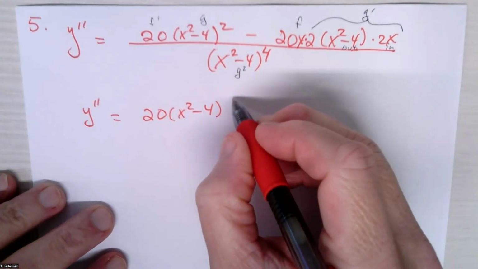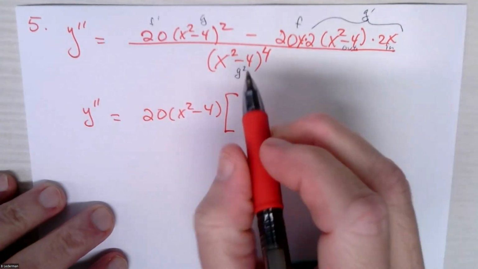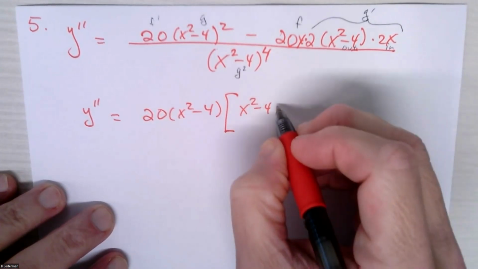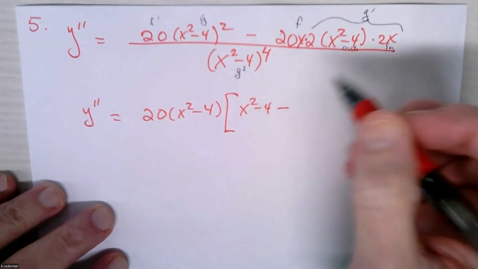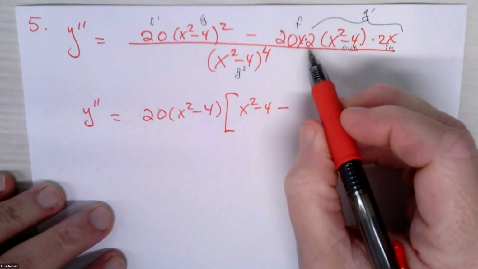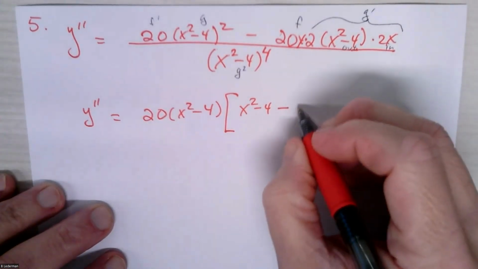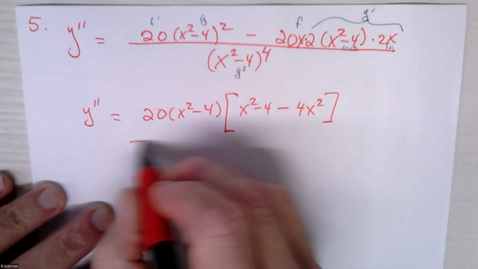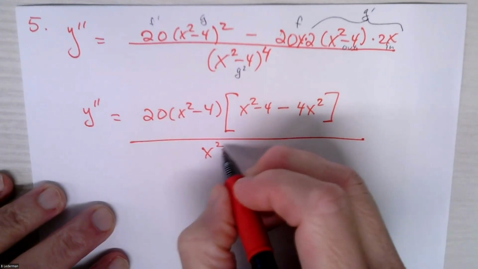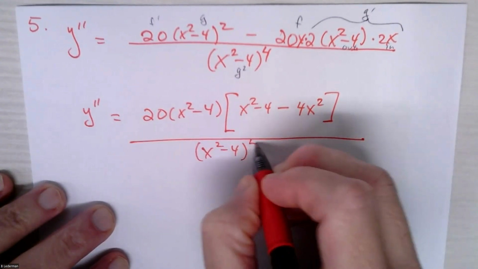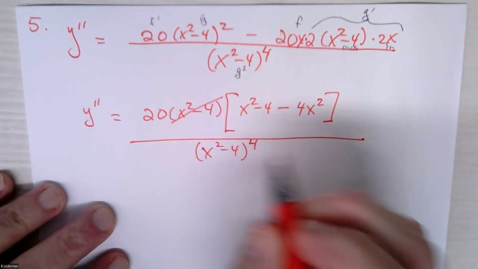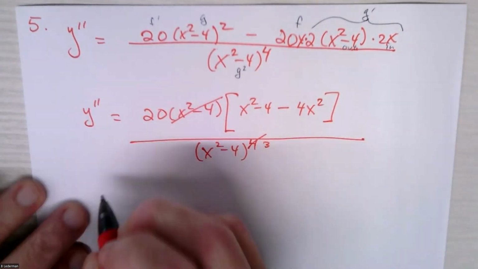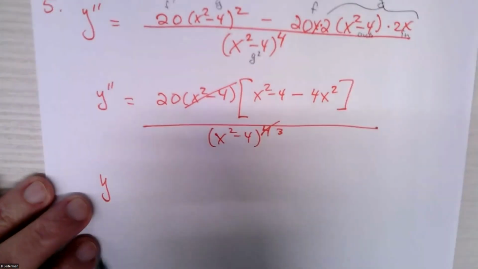And what's left, I have x squared minus 4 minus 4x squared over x squared minus 4 to the fourth. And notice that this x squared minus 4 cancels out one of those. That becomes a 3. So now I finally have